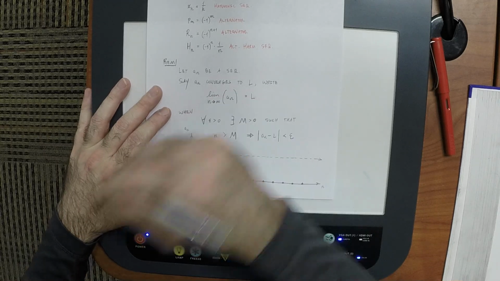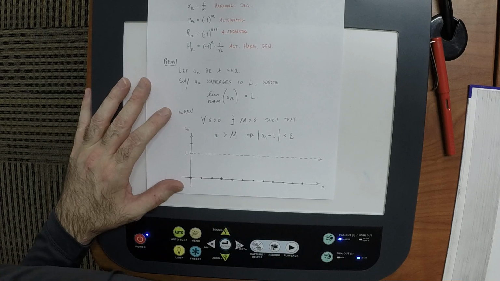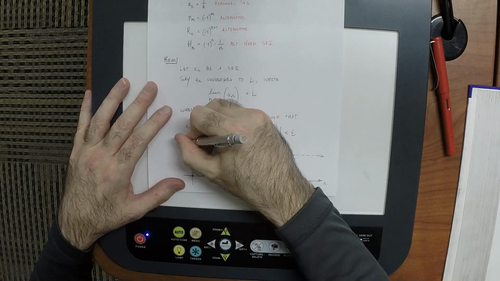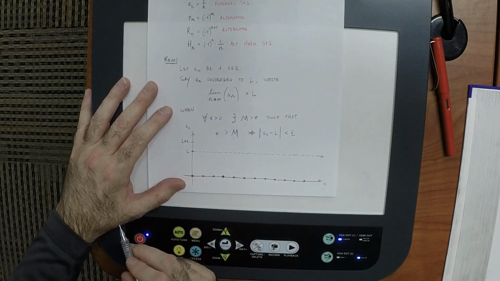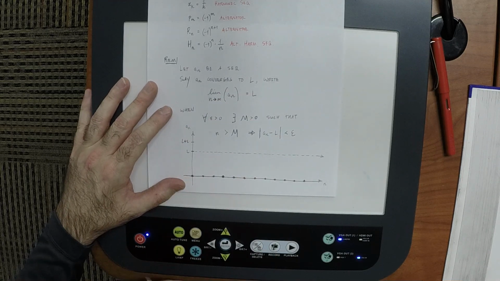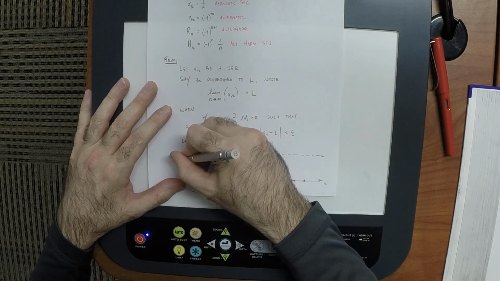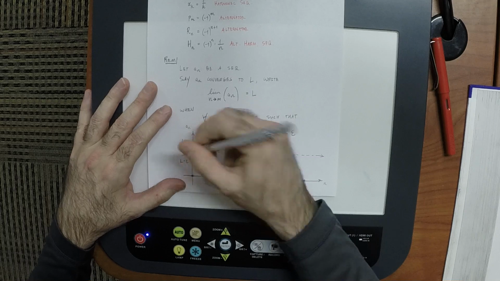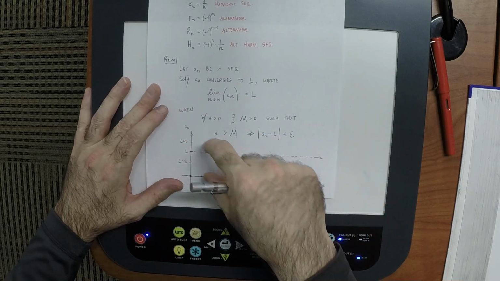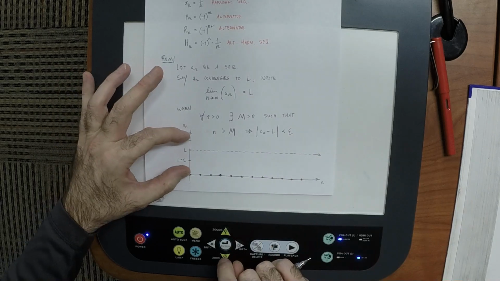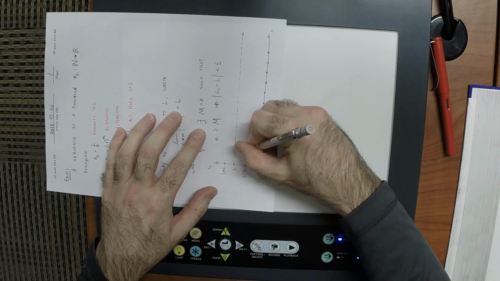If I'm the one making the claim, then you're the one that provides the epsilon. You say, well, is it this close? So what you're asking is, is it always going to be less than L plus epsilon, and is it always going to be more than L minus epsilon? What that does, in this plot here, is it makes a strip. That's an interval of the outputs.